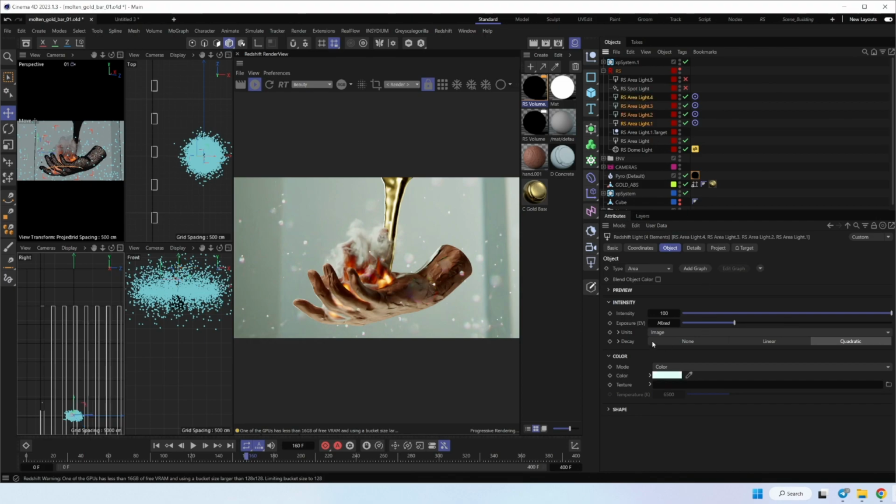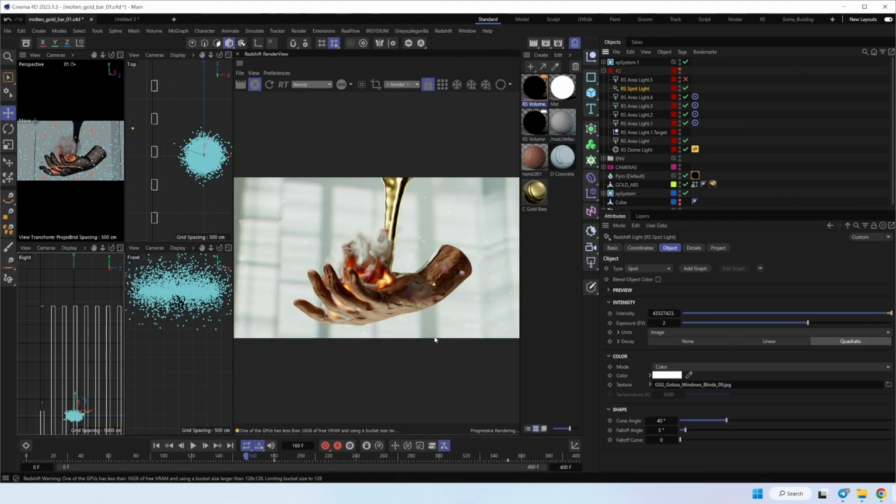With simple settings, just a few things for this. For example, for this area light, I just add less exposure here and here, and I use a spotlight to get some details on the background. I'm using a Gobo texture from Grayscale Gorilla.